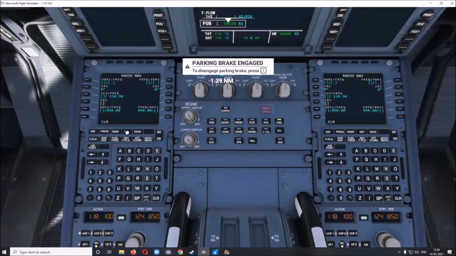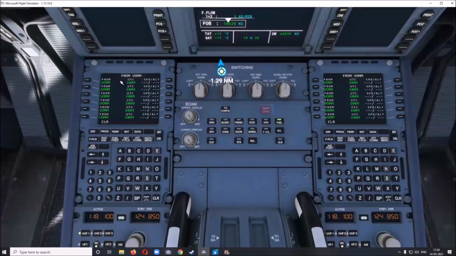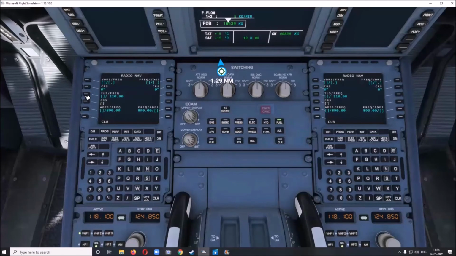We use this keypad for keying in the data. Now for the flight plan, which is now set, VOMM. VOMM is the ICAO code for Chennai. And we will enter the ILS frequency, which is the Instrument Landing System radio frequency, which will allow the plane to capture the center line and the vertical glide profile and touch down exactly at the touchdown point.